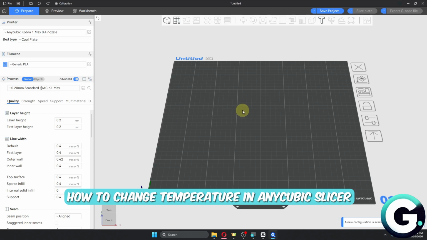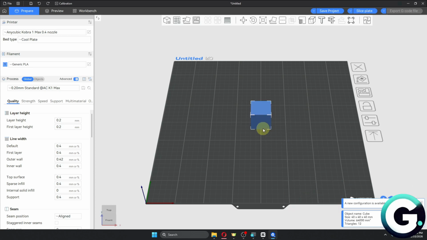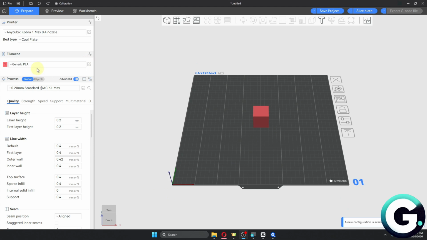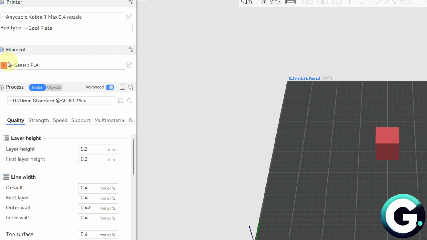In today's video, I'll show you how you can change the temperature in Anycubic slicer. So basically, the first thing that you want to do is to just finish up the model that you're doing, and from there, after having some different filaments on your slicer right here, which is basically located on the size category right here. Now there's going to be different temperature for each filament, and the most popular one is going